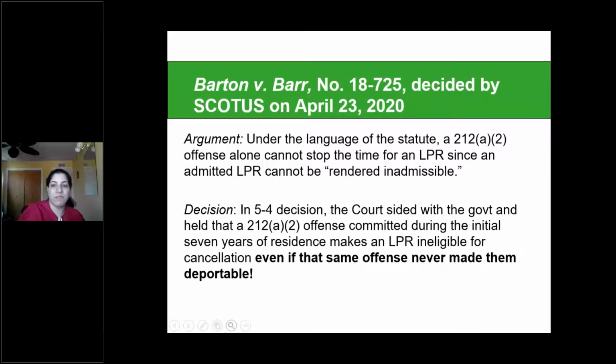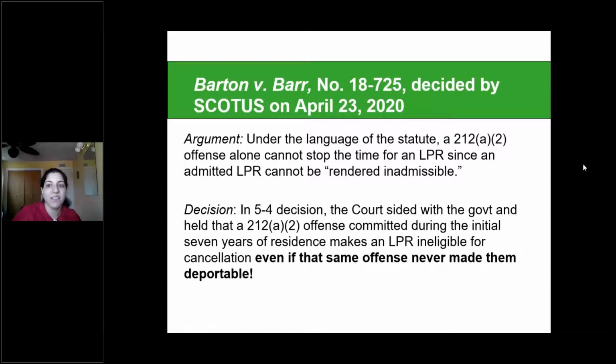I know it gets a little bit tricky. If folks have questions about that, please feel free to leave questions in the question box. But the bottom line, unfortunately, due to the Barton decision is, before we were able to make some arguments that if it was an offense that was only under 212A2, and there are some offenses that are under 212A2, but